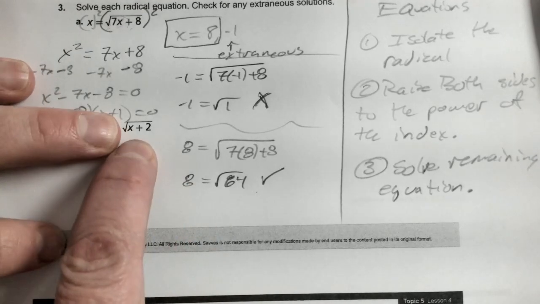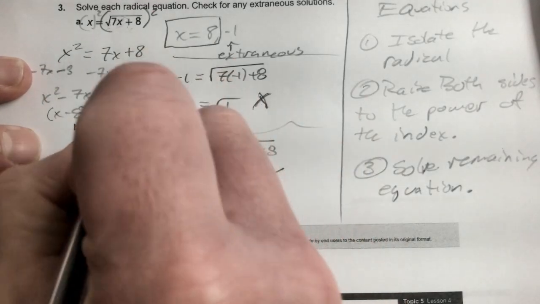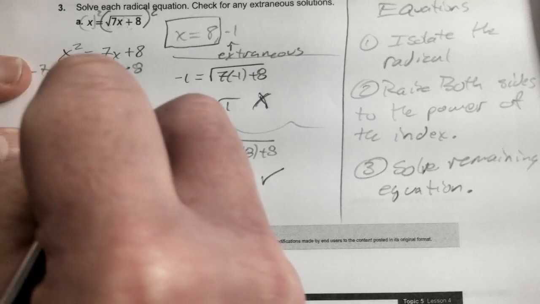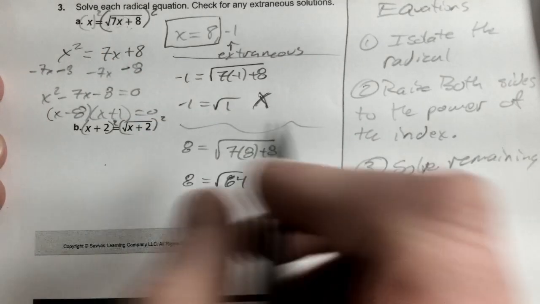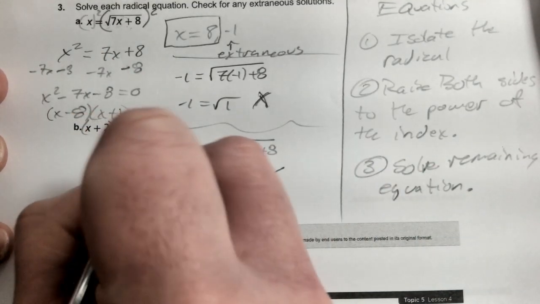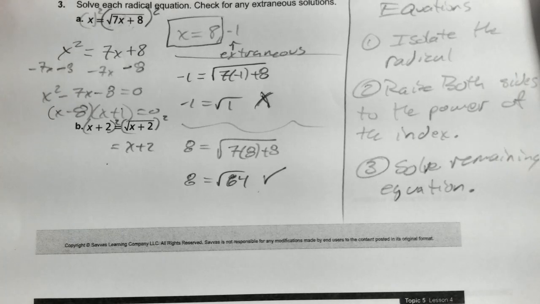Is the radical isolated? Yeah. So I have to square both sides. Squared. Squared. So the right-hand side becomes x plus 2. The left-hand side